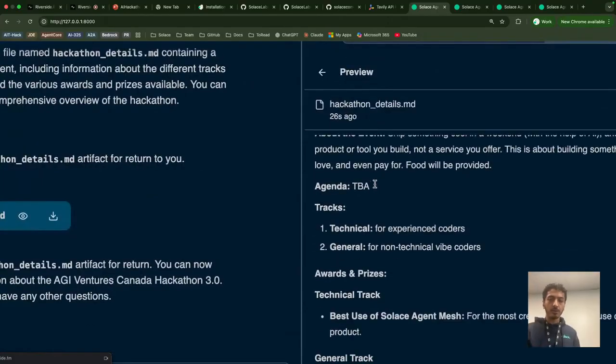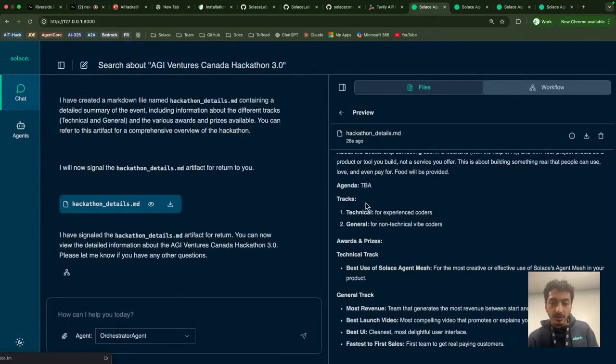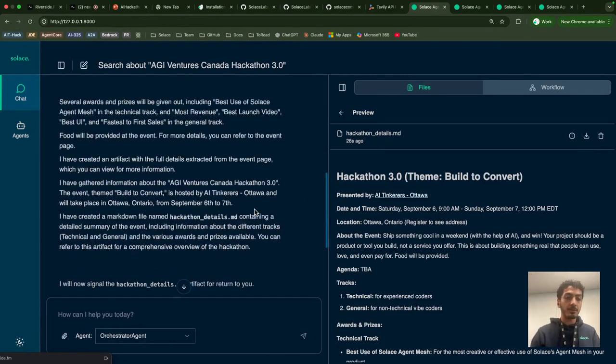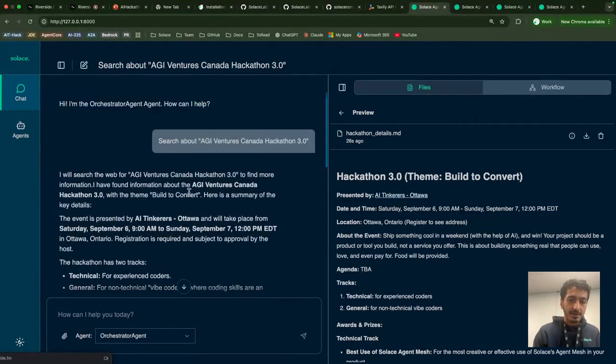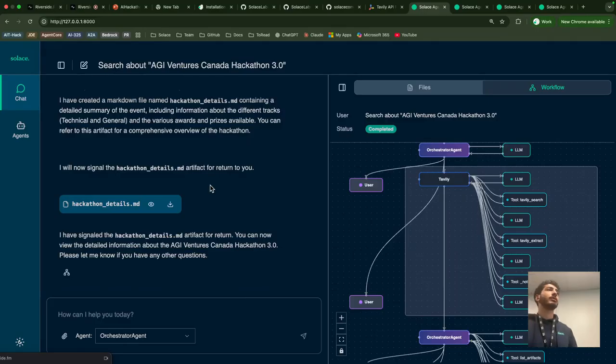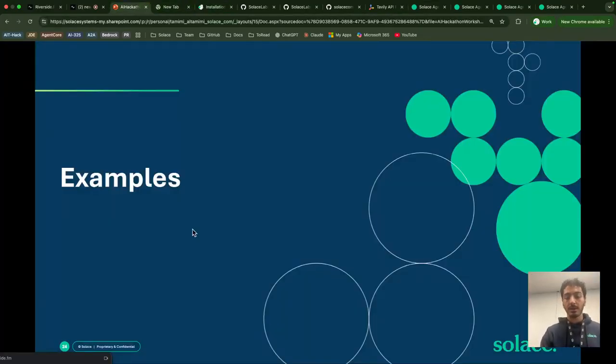So there's a whole set of details. In the details, there is a technical path, there's a general path, there's going to be a hackathon, and it forwarded our link. So yeah, it pretty much knows everything. And that was just thanks to the Tavily API. The system did not have access to the internet or anything before that by default. We just added this plugin, and it had access to the whole internet. So it's just that easy to add a new plugin to it. And we already have a whole bunch of plugins. Since we don't really have much time, I won't go into other details. But one thing I just want to quickly add, actually, let me finish the PowerPoints.